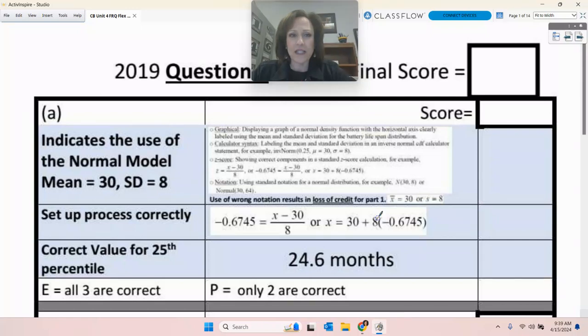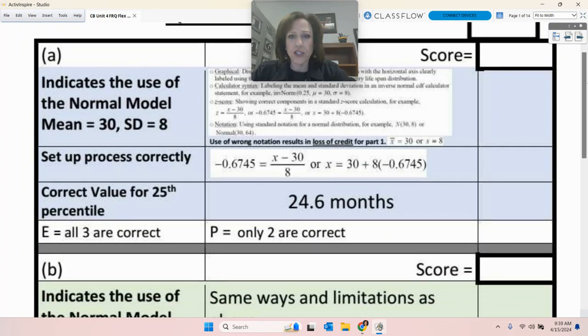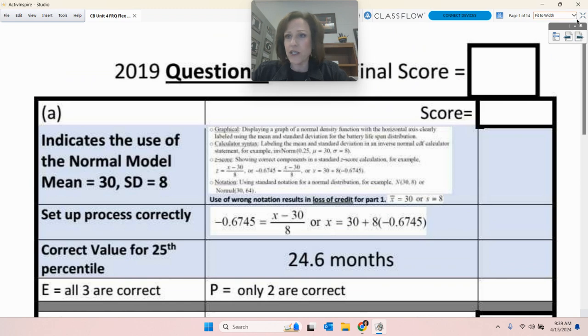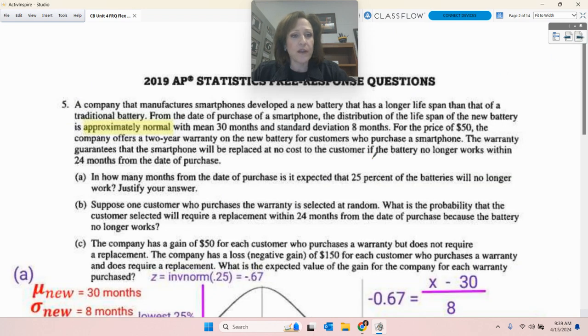All right, let's take care of this week 4, College Board Unit 4. And so here we go. So this first question is 2019 question number 5, I believe. Where you had this information about the smartphone and people